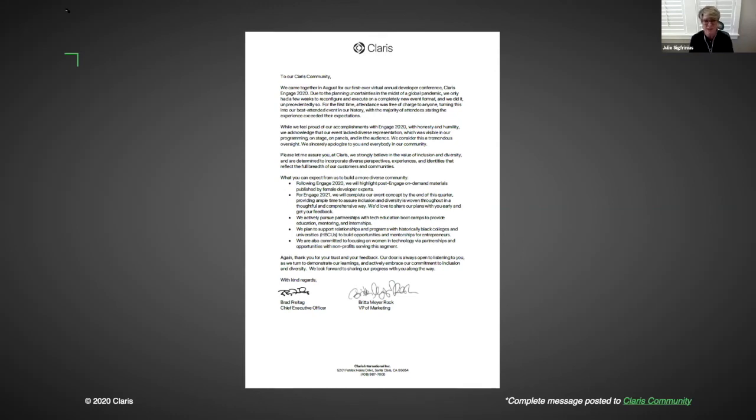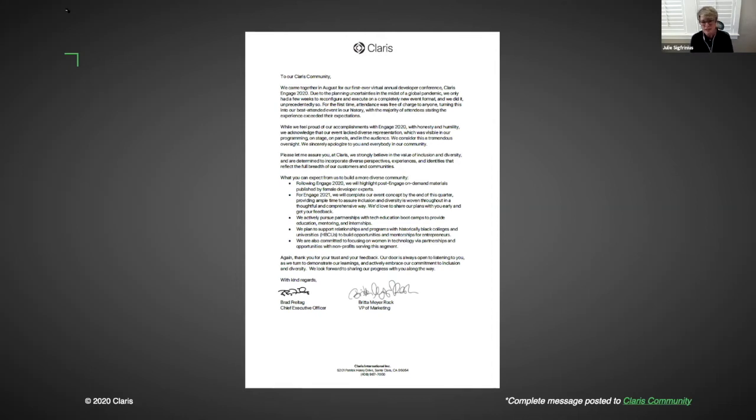And so we have a great opportunity to really elevate this as a focus. And Britta is committed to a plan that really addresses this at future events like Claris Engage and other one-to-many events. There are other things that we will announce as they are implemented over time in addressing inclusivity.